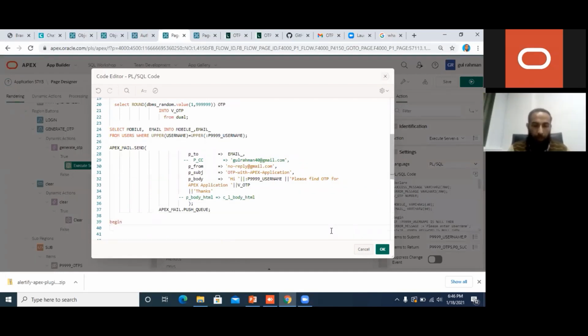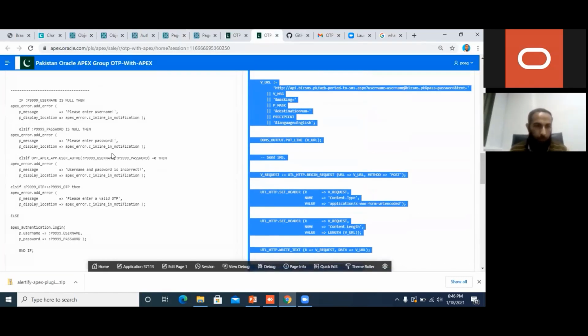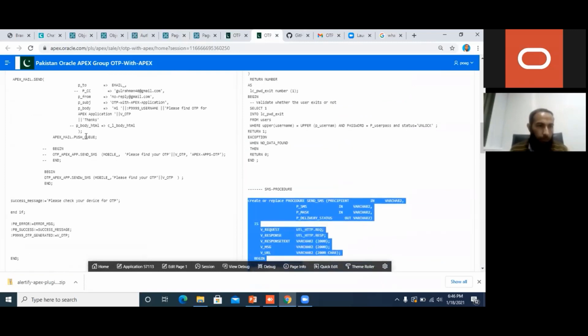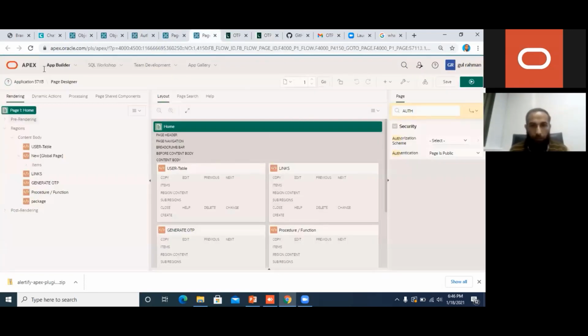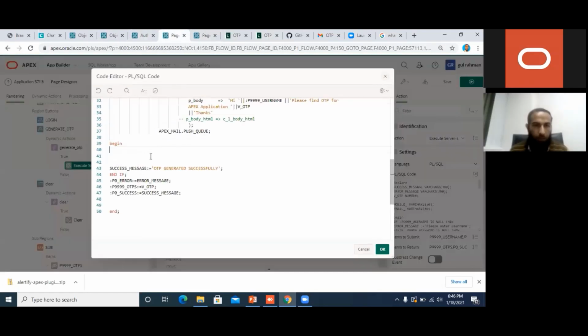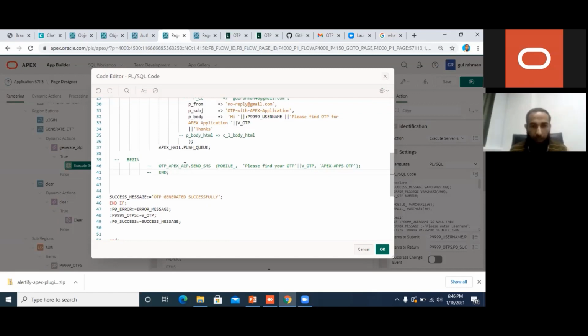Begin, and this is the way that we can call this procedure. Now I don't have a Pakistani contact number, and I don't have this API, but this is the way. I will share this procedure with you guys, and you can call and test